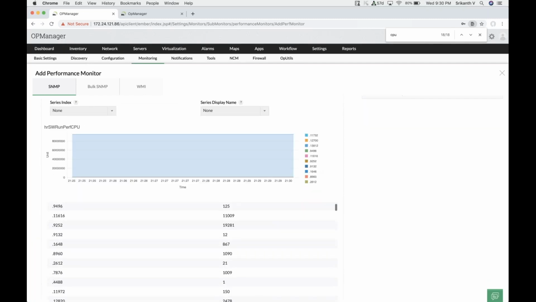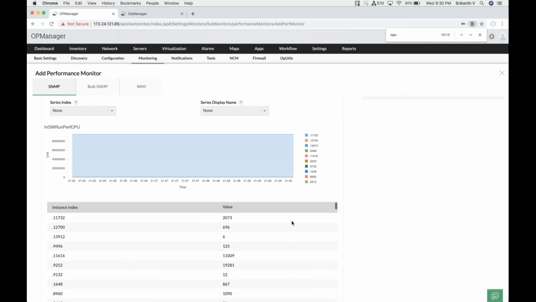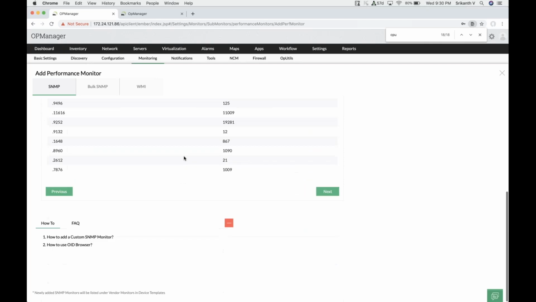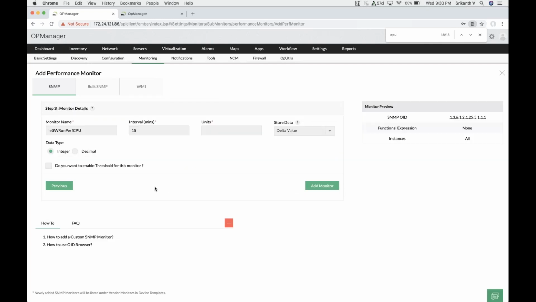You can see there are multiple instances available for this monitor. So in case you would like to create an individual instance monitor and monitor the individual cores, you can just choose this option, which will allow you to create a monitor for each individual instance, or you can just create a global one. So with this, you'll move on to the next page where you can configure the name